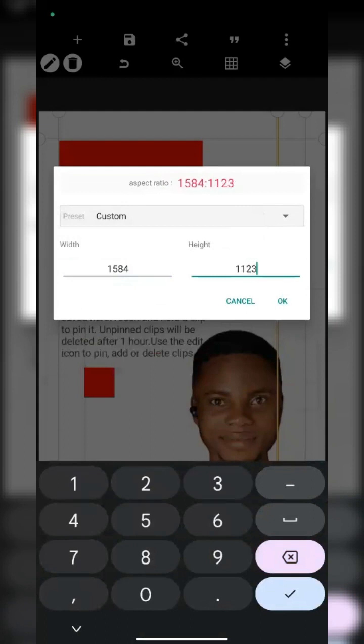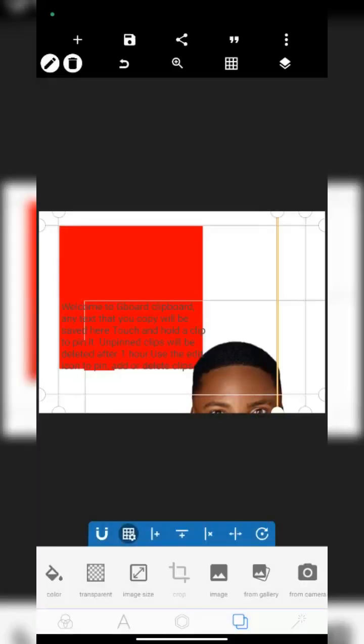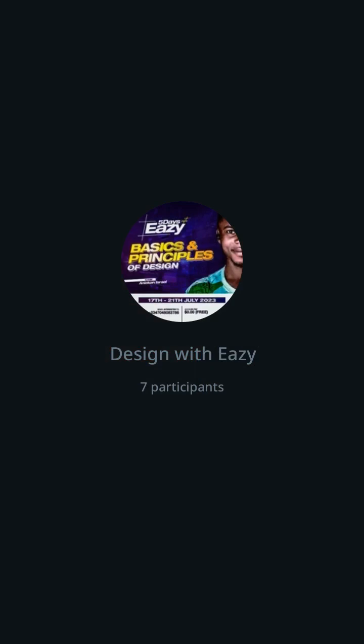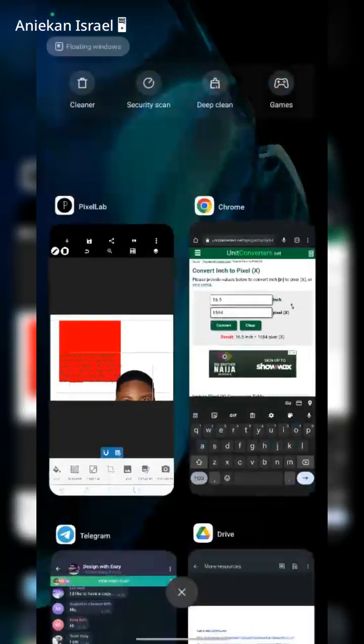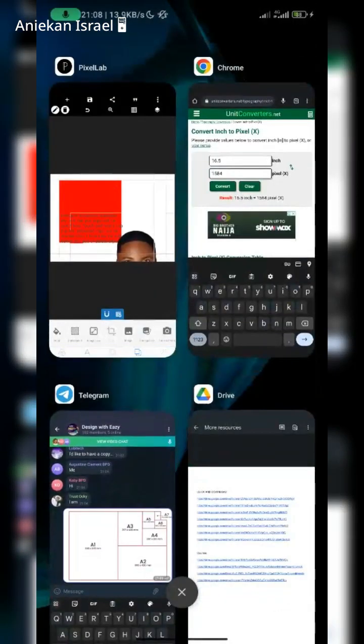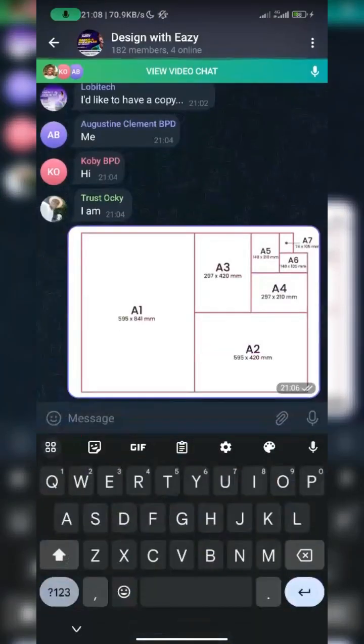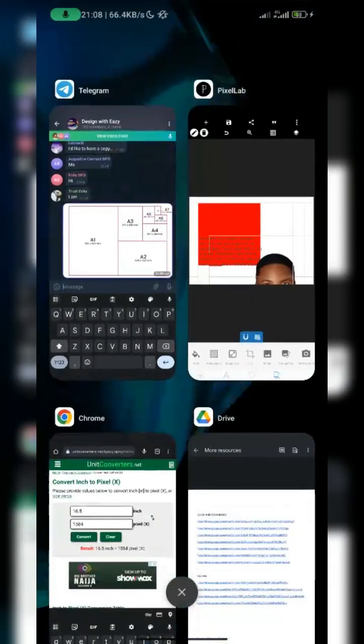1, 2, 3. It turns to landscape. So no matter what you want to design, whether it's on landscape or portrait, you should already know landscape and portrait by now. Whether it's on landscape or portrait, you just do that thing I showed you. Please check the website again,